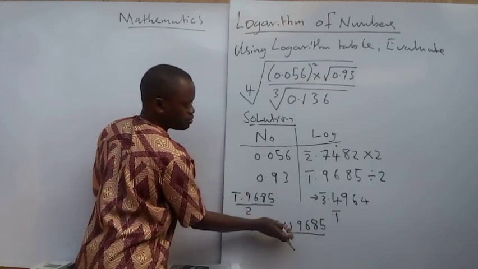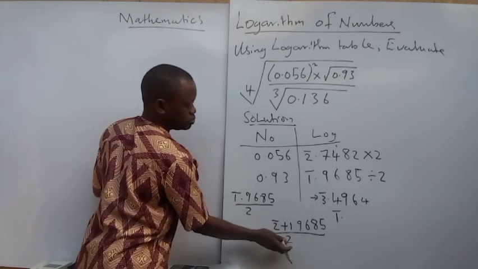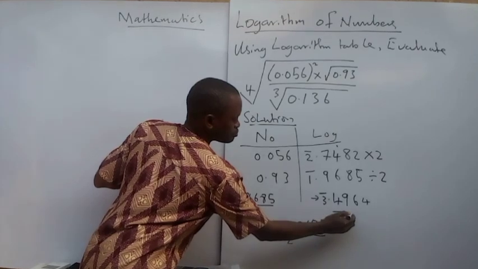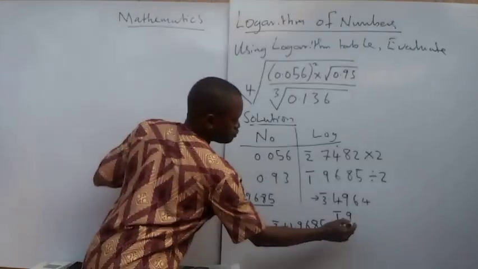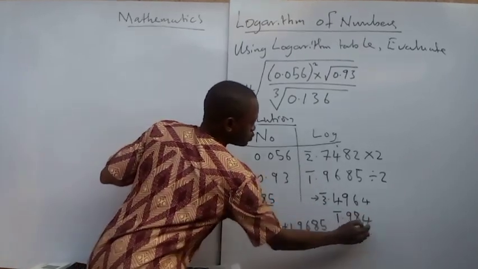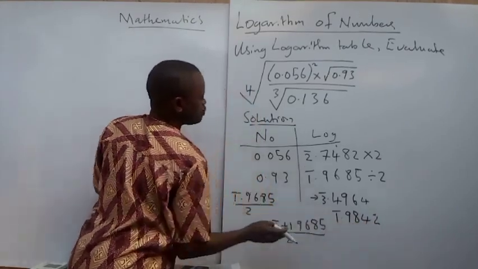And then 2 divide 1, not possible. I put the decimal point and call this 19. 2 divide 19, 18 is 9. Remainder 1. 2 go to 16, it will give us 8. And 2 go to 8, 4. And 2 go to 5, 2. Remainder 1. We have got 4 digits, so we can keep it there.